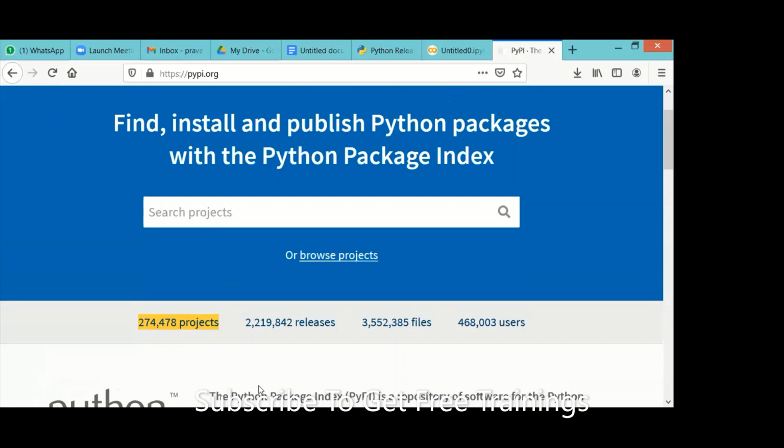The chat box is open. Short, huge libraries, very easy to learn, simple and secure.